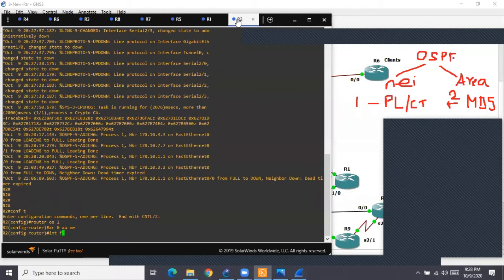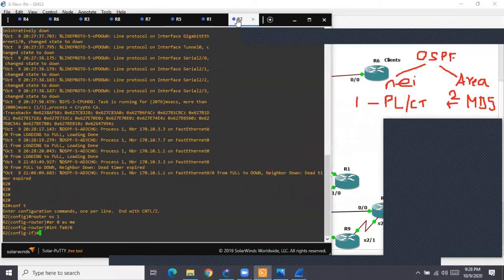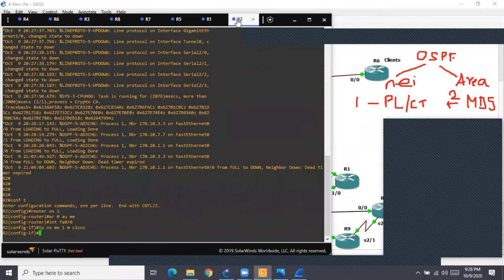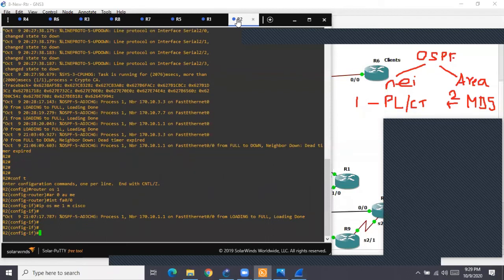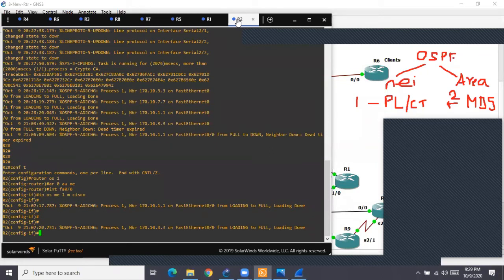Then go to the interface FA0/0, ip ospf message-digest-key 1 md5. Even though I'm typing the shortcut, I always say the full command to myself. You should say the full command to yourself. And now you see R2 has become a neighbor with 1 and also with 3.